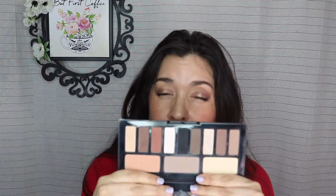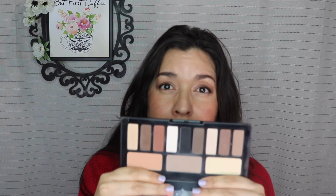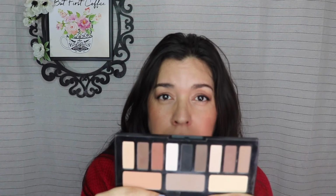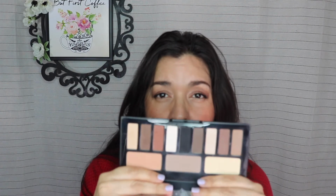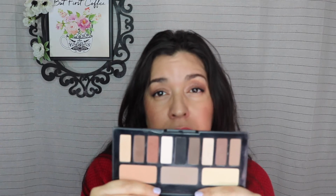Another palette that's going to leave my collection, and this might be one that people might be shocked about. I got this a couple of years ago for my birthday, and this one is Kat Von D's Shade and Light, and it's in the matte. And guys, honestly, I tried so hard to like this palette. I actually think I might have fed into the hype about this palette, and then I got to use more eyeshadows, and I came to know that there are formulas out there that are a lot less expensive